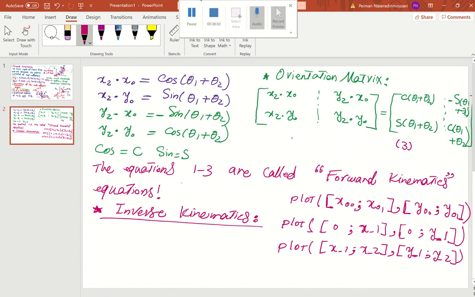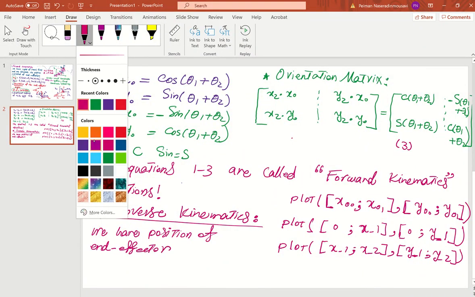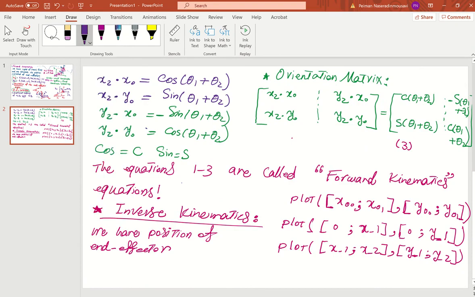In inverse kinematics, as I said, we have the position of the end effector, as we do have in the previous cases. You as a control engineer have the desired trajectory. When we say desired trajectory, it means you have the desired trajectory of the end effector. Now you have to design a controller to generate proper link angles that give you such a desired trajectory of the end effector. Understand? So we have the position of the end effector, and then